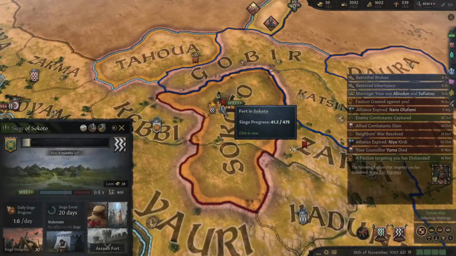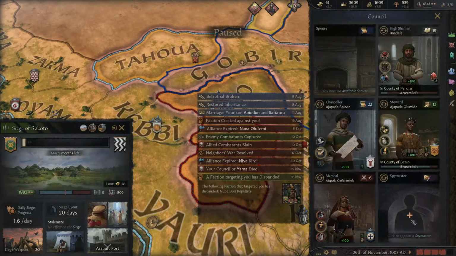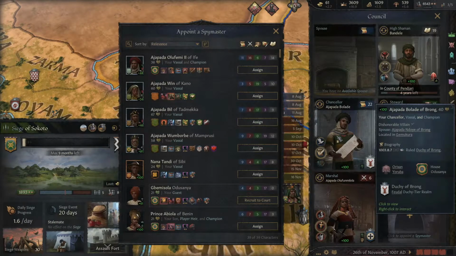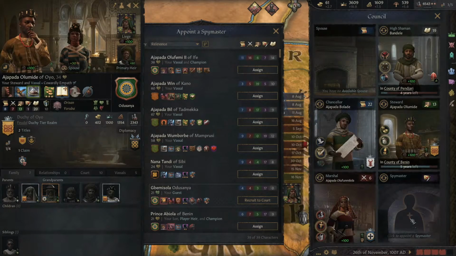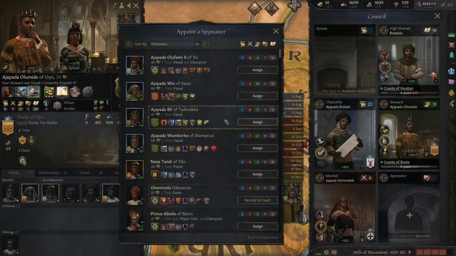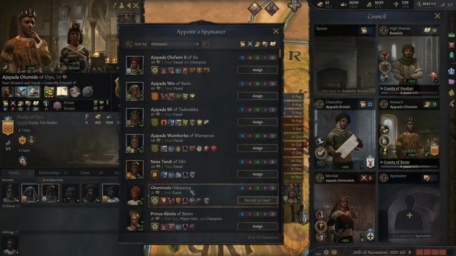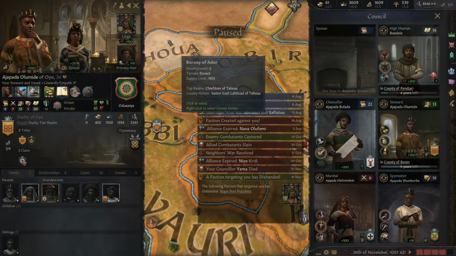Anyway, this... Oh, we have an empty council position. Boy. Is there anyone here that's 11, 10? Not really. Guess let's assign... Guess we can assign you. You're probably gonna die soon yourself, but...